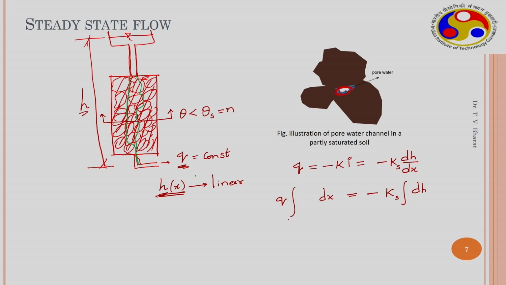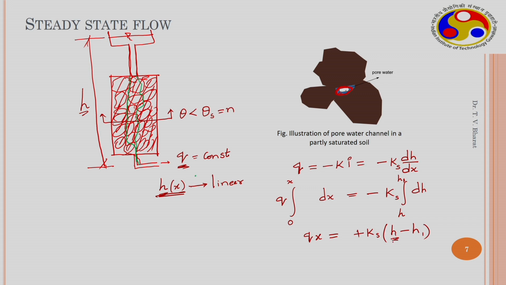If I use the boundary values, at the boundary at x equal to 0 to some x value, and here at the boundary you may have a higher head to some lower value, say h1. Then it varies in this manner. This is simply Qx equals minus Ks (H minus H1).